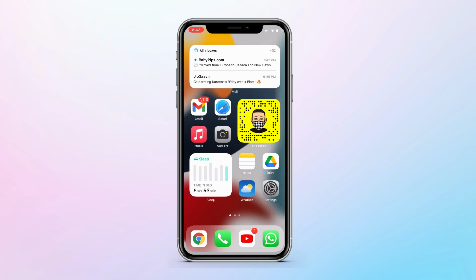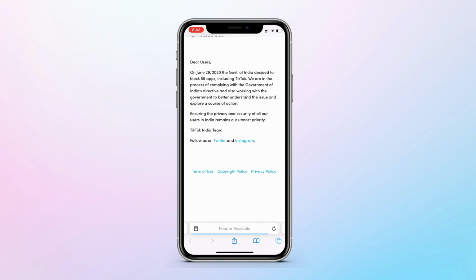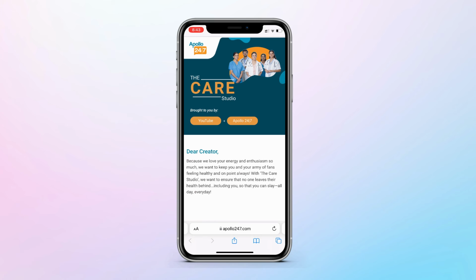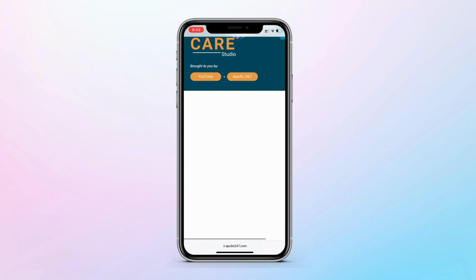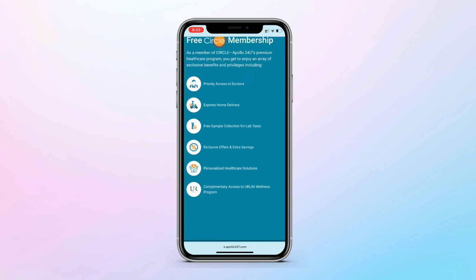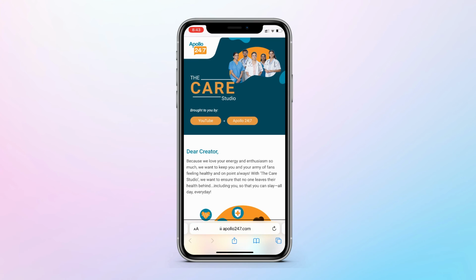Now the biggest feature change in iOS 15 is the brand new Safari, because the address bar that we had on top has now moved to the bottom. You can switch it back to the top if you want to. You can also swipe between tabs like this. It's so easy for multitasking, and you can swipe down to refresh the page. And if you look at the address bar, the moment you scroll down on a web page, it shrinks, and if you go up, it pops up again.